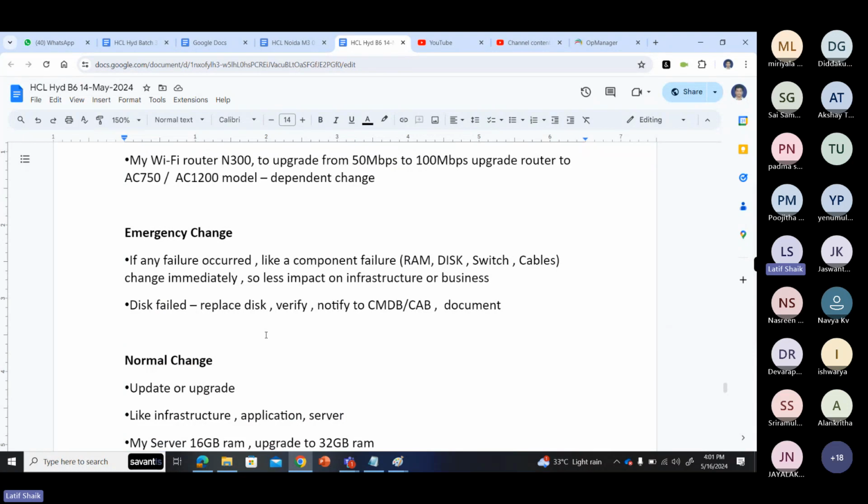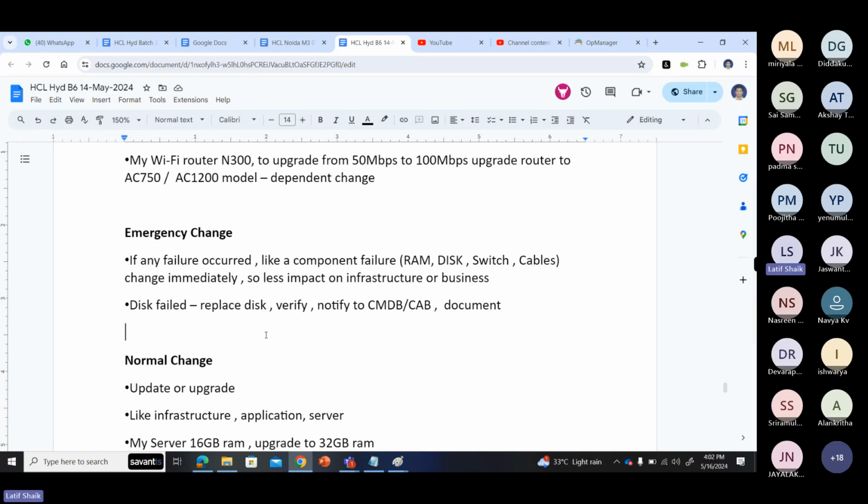But sometimes you may not have that much time. Suddenly the server is down, the service is also down, or there is more impact on the customer base. Maybe it is slowing down your services, or the services become unavailable because the server is down. So what will you do? You don't take much time for planning and all these things. For example, a disk failure in the server: you will insert another disk. Or a RAM failure: you will change the RAM. A cable is not working, so you will go and change the cable. That is called an emergency change.